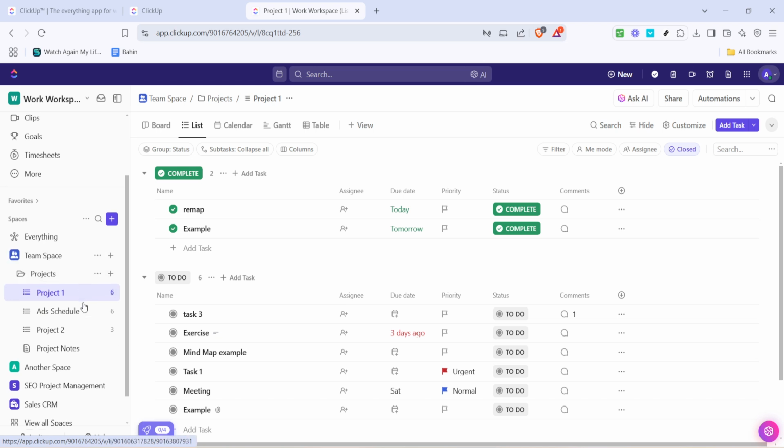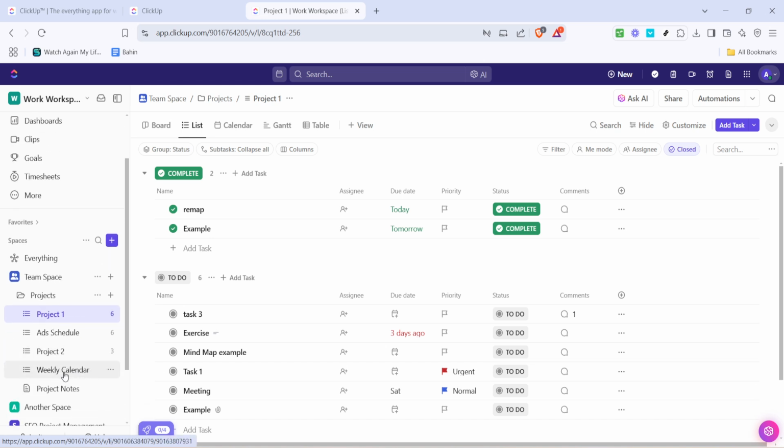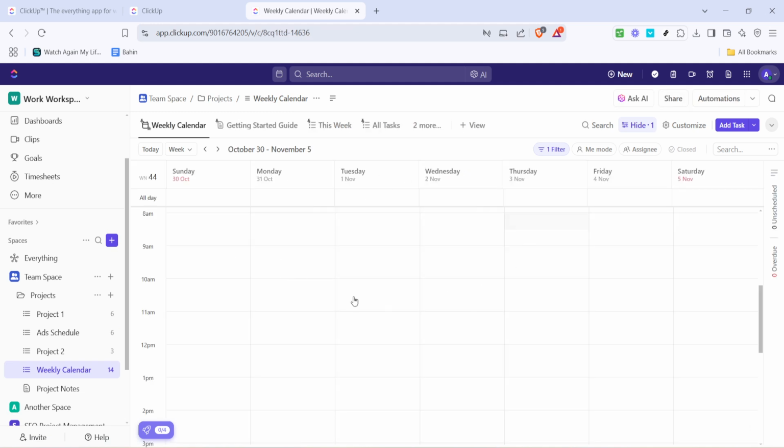You might want to change specific task names, adjust deadlines, or add notes to personalize your new weekly to-do list. The template is completely customizable, allowing you to make it as detailed or as simple as you prefer. And there you have it, a fully functional weekly to-do list in ClickUp, ready to help you navigate your tasks